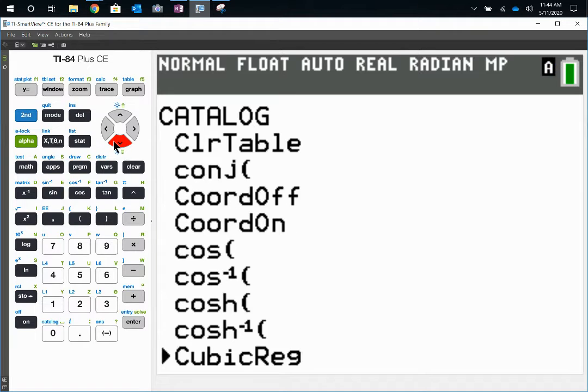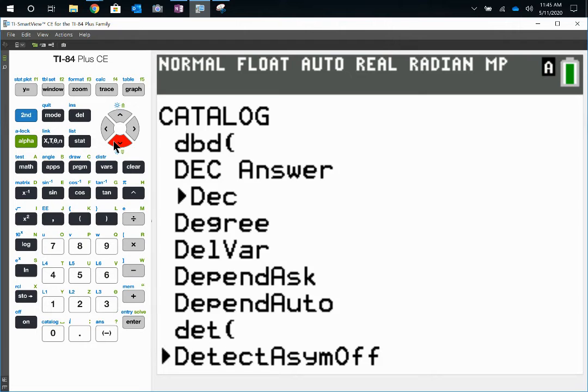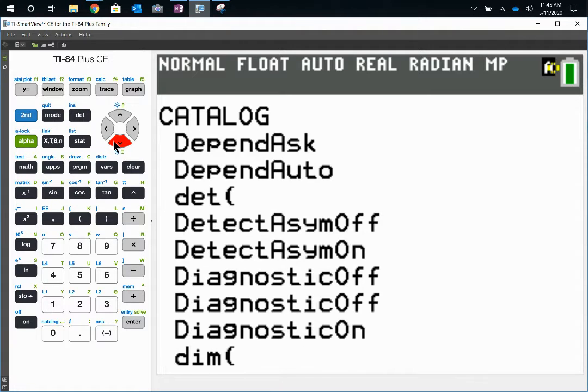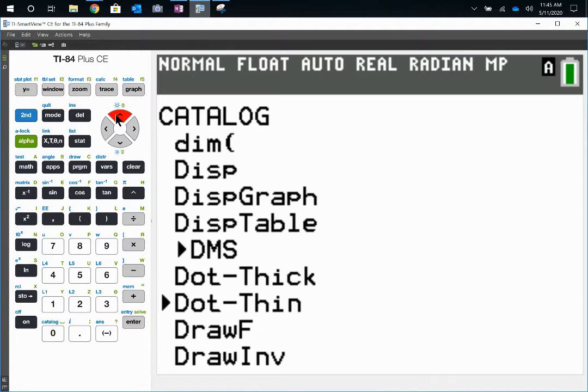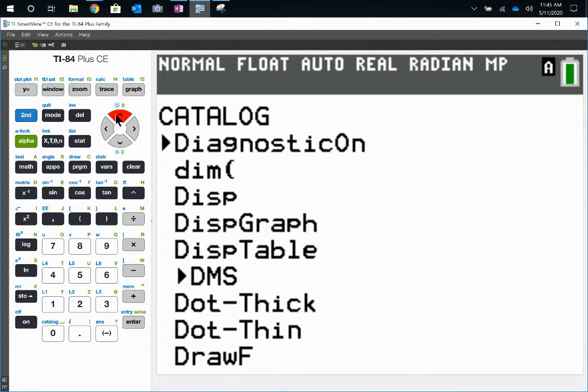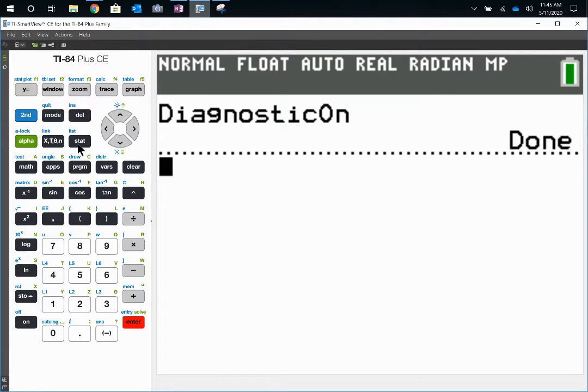If it doesn't, then you're not going to get the result that you want. Okay, so scroll down to diagnostic, maybe somewhere down the list. Okay, right here. Diagnostic. I scroll right past it. And you want diagnostic on, enter, and it says done. All right, so now we're ready to put in the set of data. So go to